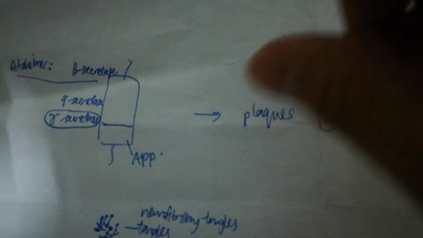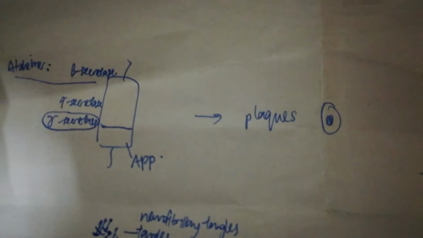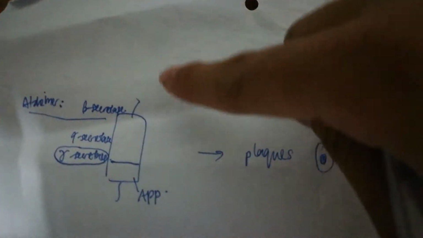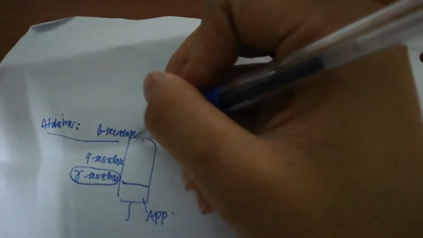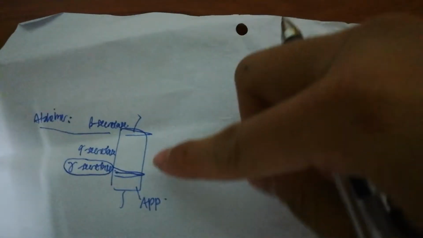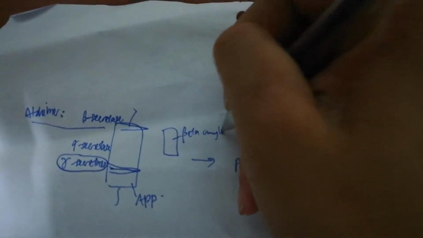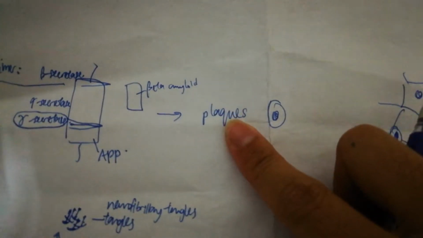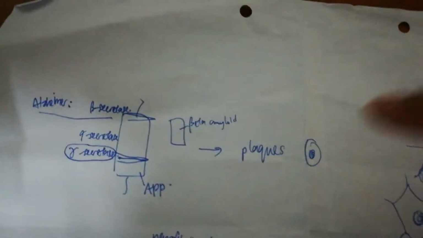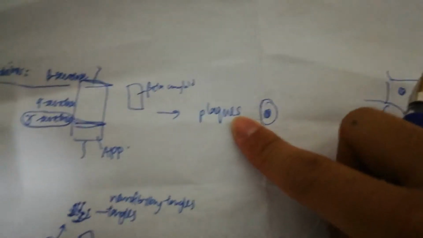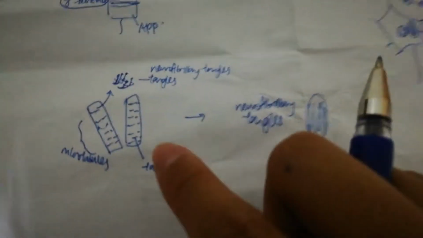So they are going to pair up with other enzymes to work together to cut the protein. So in Alzheimer disease we have beta secretase. Beta secretase is going to cut over this region, and gamma secretase is going to cut over this region. So they form a protein, we call it beta amyloid. So this protein is going to form beta amyloid plaques when they accumulate with each other. Okay, and this plaque, I'm going to stop here first,